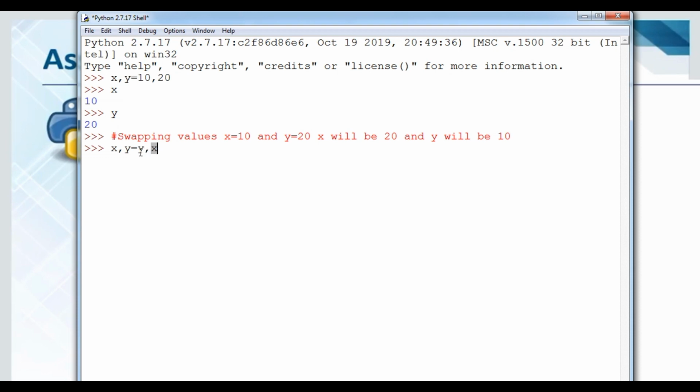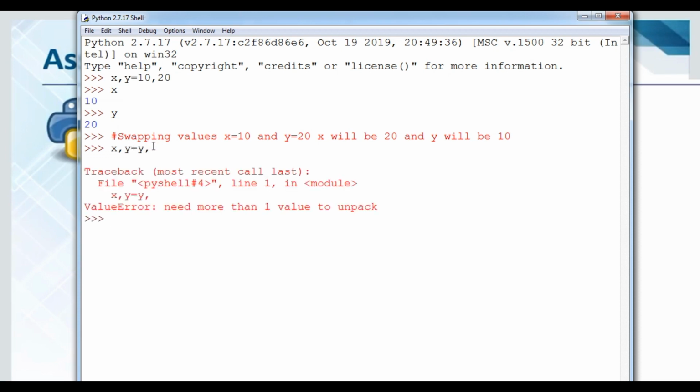So y, that is 20, is placed into x, and x, that is 10, is assigned to y. So x, y equals y, x. After that, if I print x, 20 will be printed, and y will print 10. Okay student, this is known as swapping.